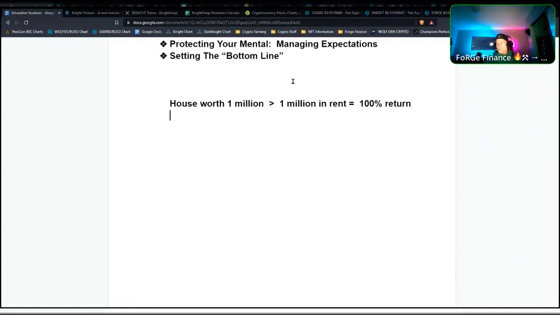Now, if your house appreciated to 5 million, so your asset grew in value because the housing market goes up 10, 15% every year, these are just arbitrary numbers, but let's say your house appreciated to 5 million and you still made 1 million in rent. Because you're calculating the APR on